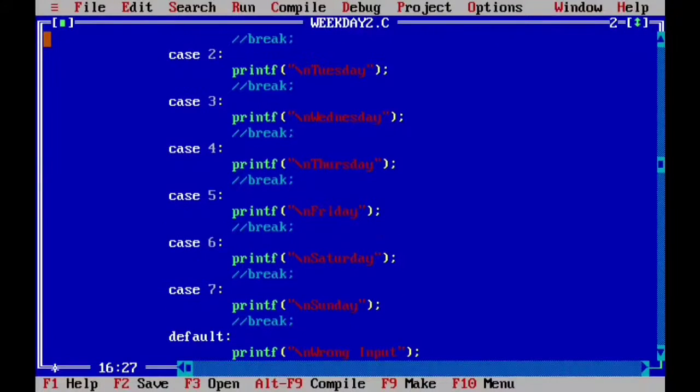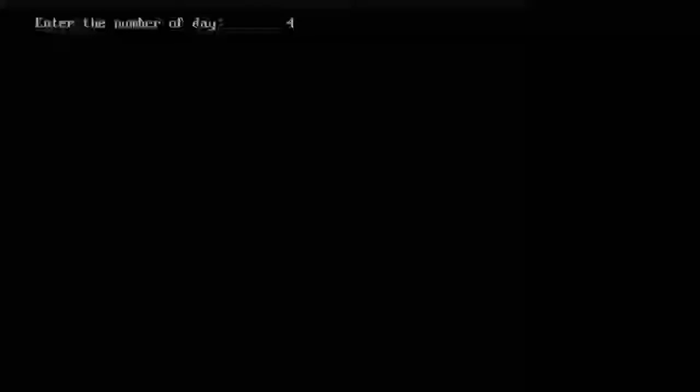Let's run it and see what happens. Now suppose the value given here is 4. In this case your control will jump to case number 4 and all the cases after case 4 will execute. See, case number 4 is Thursday, and after that all the cases have been executed.